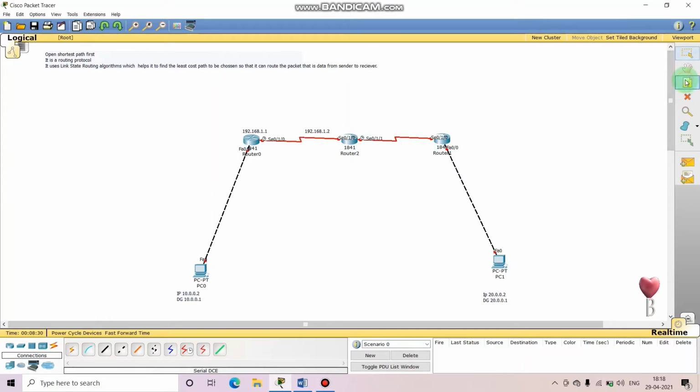And here I'll use 192.168.2.1, here 192.168.2.2. Okay, so let's configure these addresses into the PCs.